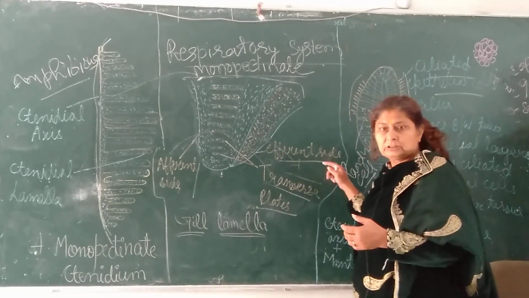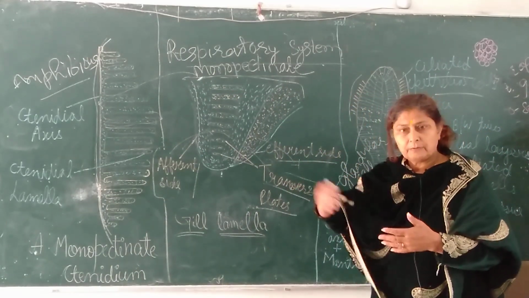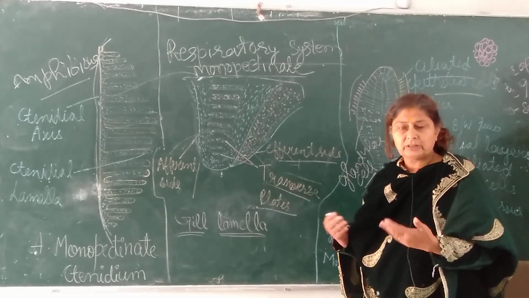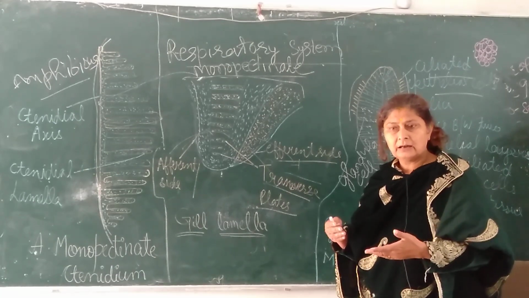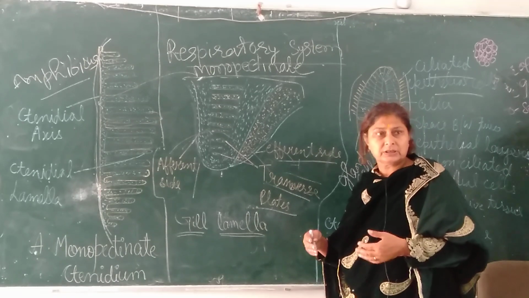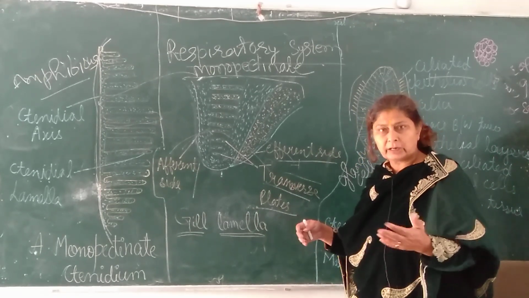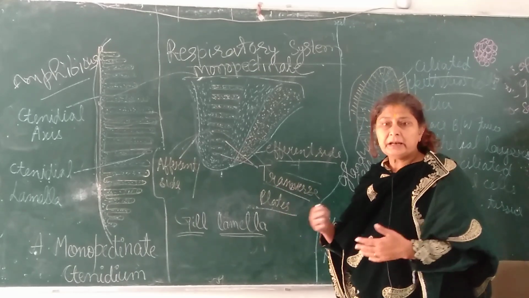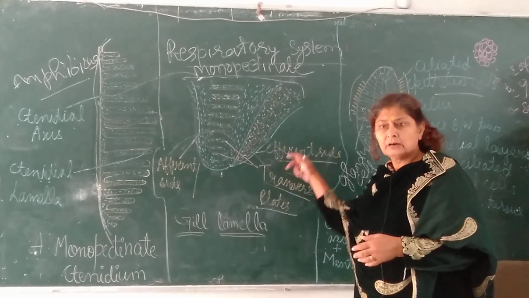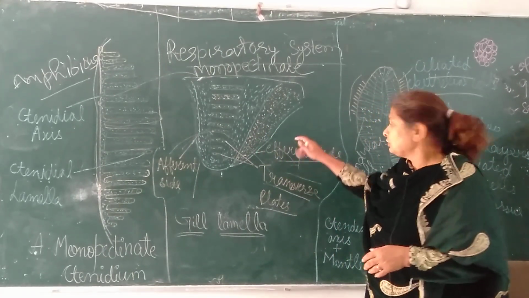Clear? The water that comes in, they push it back and forth. In our intestine that function is done by the intestinal cells, or in the stomach also, gastric ciliated cells do the same work. The function of cilia is to beat, and when they beat and rotate the water or something liquidy, then the functioning is clear.